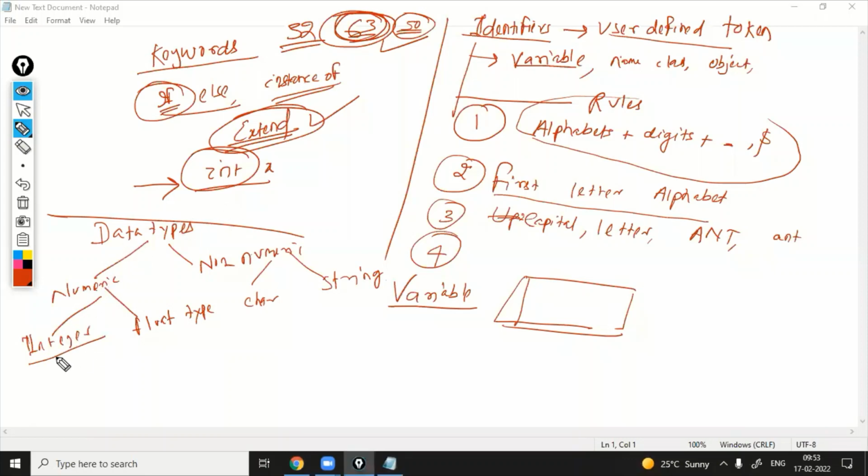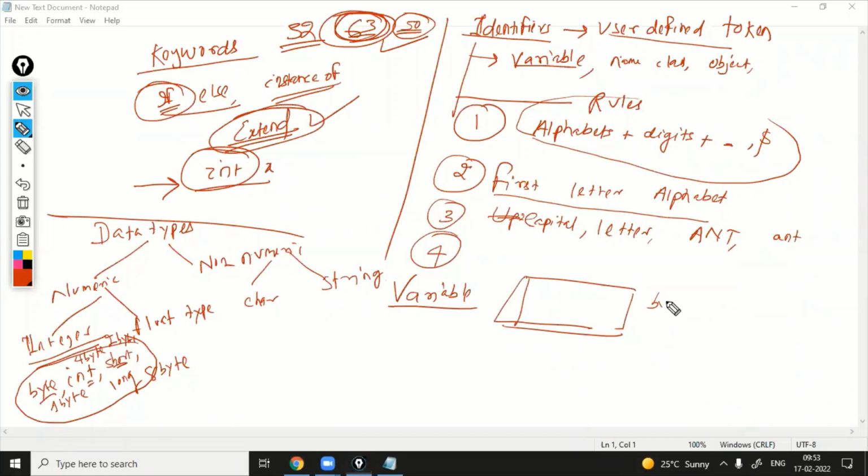While you declare a numeric integer type, you write either int, or byte type, short, or long. These are the four. A byte type will take 1 byte of memory, short type will take 2 bytes, integer type 4 bytes, and long type 8 bytes.